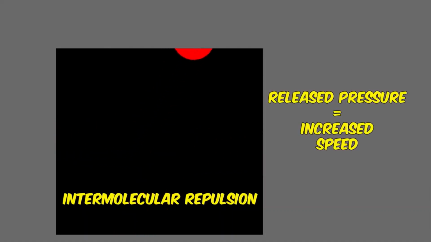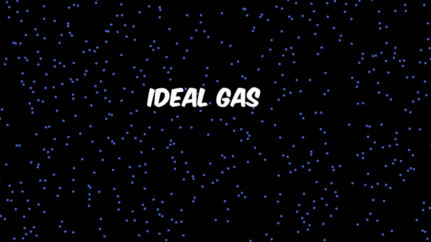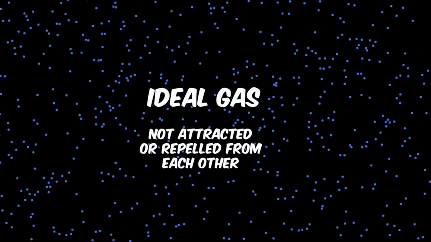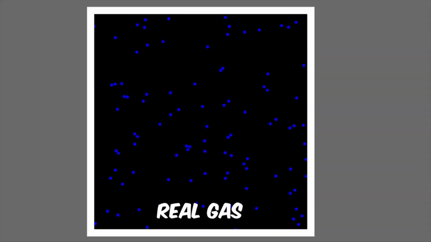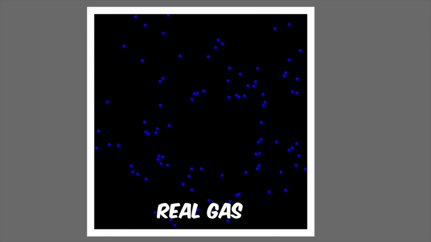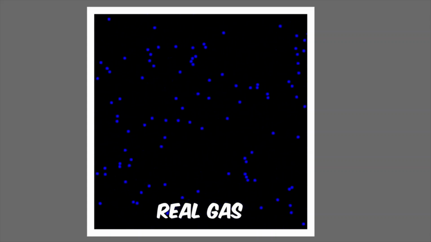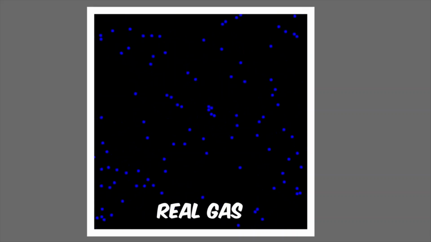To understand what I mean, let's begin by considering the scenario with an ideal gas. An ideal gas is similar to a collection of non-interacting particles colliding with each other, without attractive or repulsive forces between each other. But real gases are not like little balls bumping into each other. They're more like magnets that can be attracted and repelled from each other, depending on their orientation and distance from